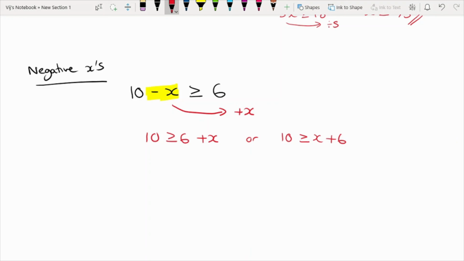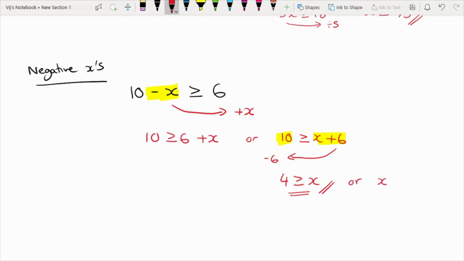Now in the previous examples we always had x on this side. Now what we've got is x on the right hand side, and all I need to do is simply take the 6 over to this side by taking away. So 10 take away 6 is 4, and the inequality stays the same. So as you can see, out of the two, x is smaller. And again, you can leave your answer just like that, or if you really want to,